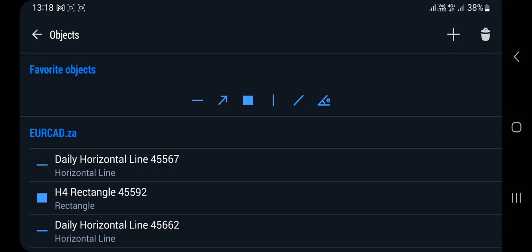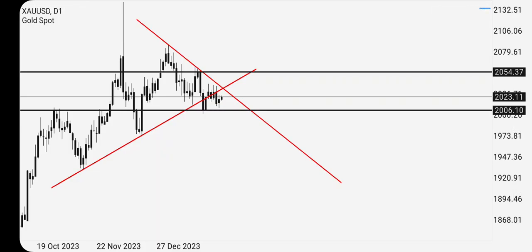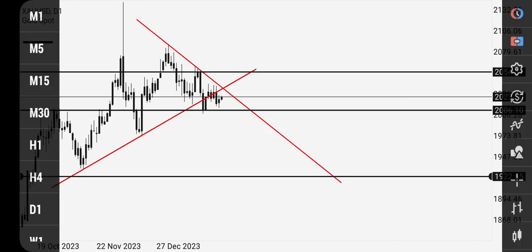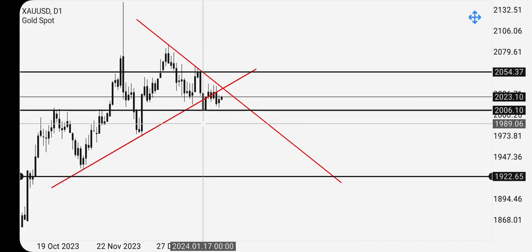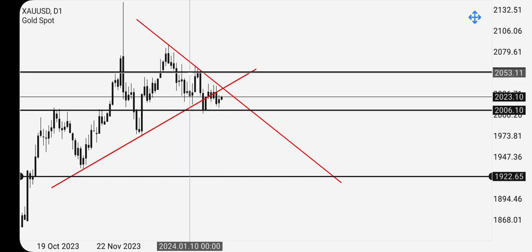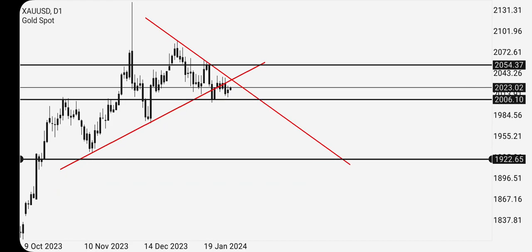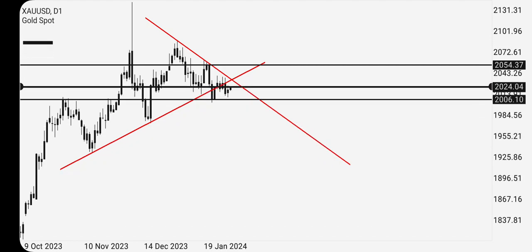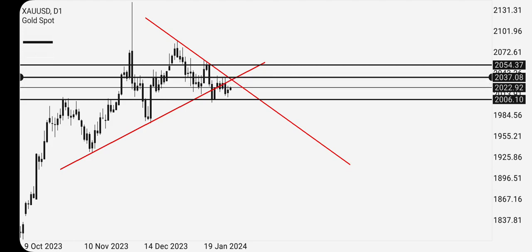I'll even try to put another support or resistance line. So this one, it got supported, went up. Here it got resisted, it went down. Resistance is when you get sellers, and support is when you get buyers to push it up. So let's put the other one. Either I'll put it here, up here,